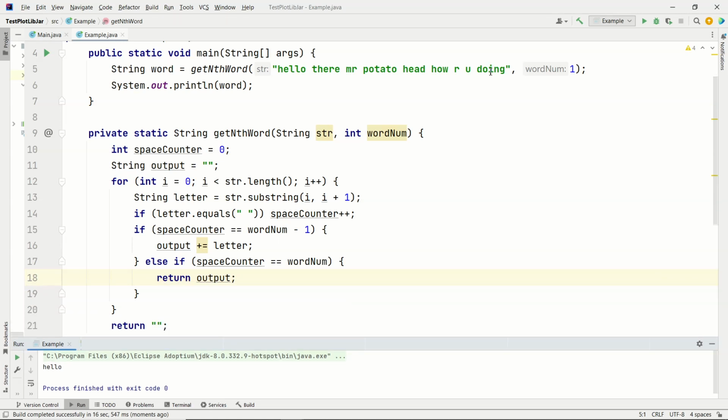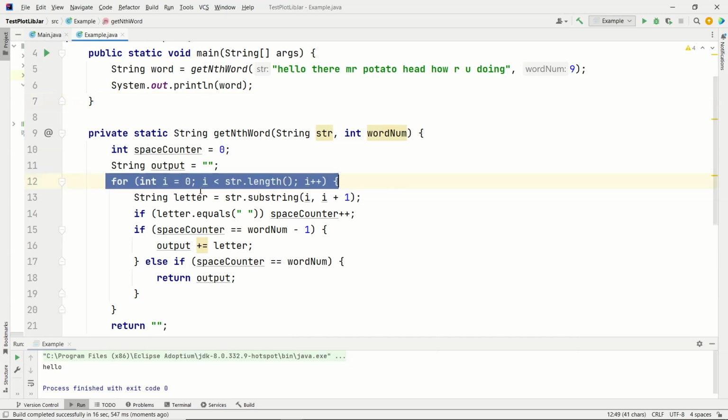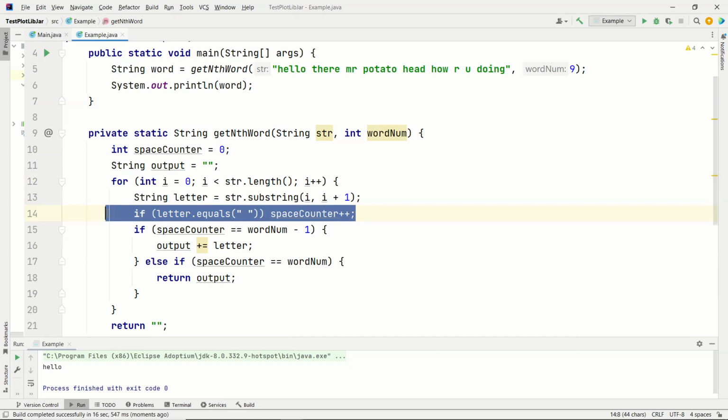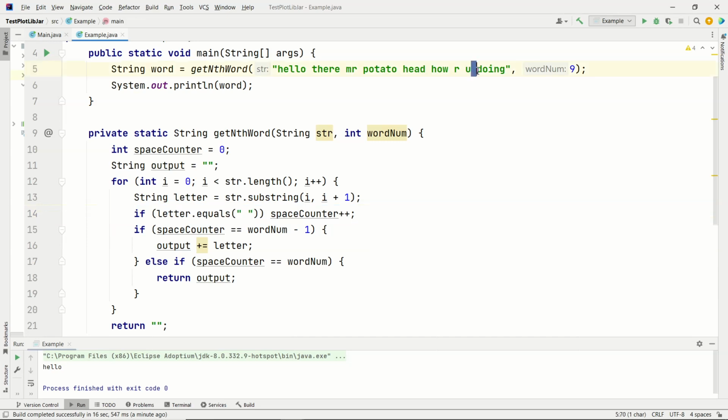Let's think about the last word. So this is 1, 2, 3, 4, 5, 6, 7, 8, 9. So what if word num is 9? Let's think it through. So we're looping through all the characters. Every time we see a space, we're increasing space counter. So I'm imagining looping through, and so space counter is going to be 1, and then 2, and then 3, and then 4, and then 5, and then 6, and then 7, and then 8. So now as soon as it's 8,